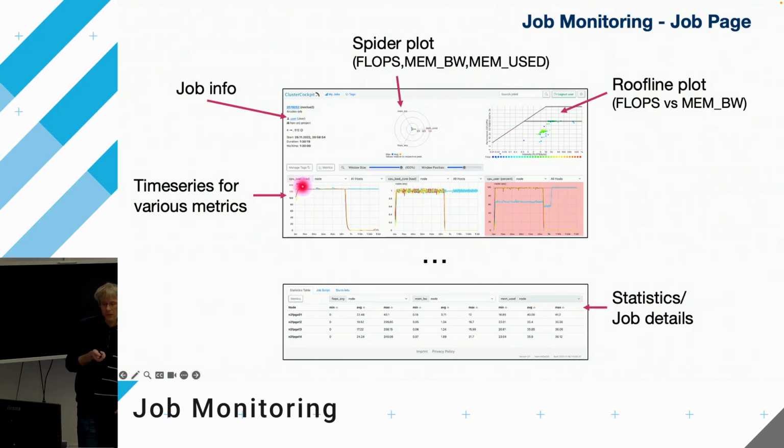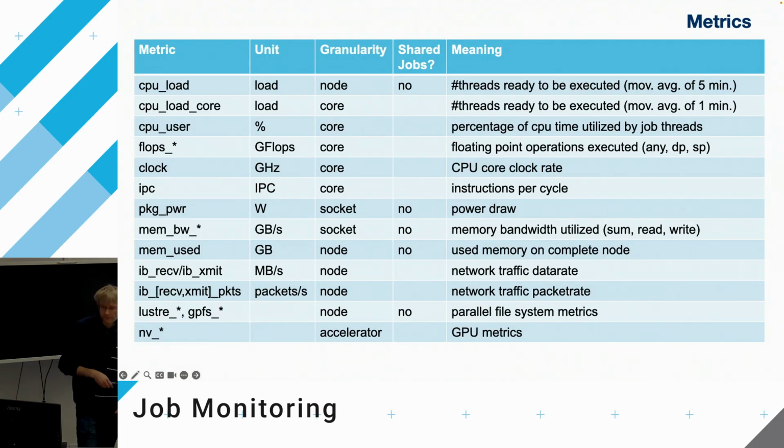And then you see the time series for various metrics for the duration of your job. At the end, you see some statistics, min, max, and average values for some metrics. You can see it here, and some more details about your job. Now, what metrics are available? As you see here in this table, there's a list of metrics, and